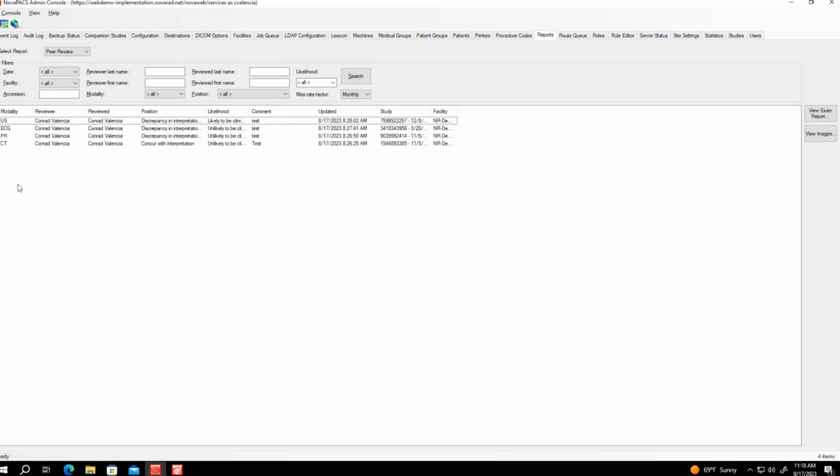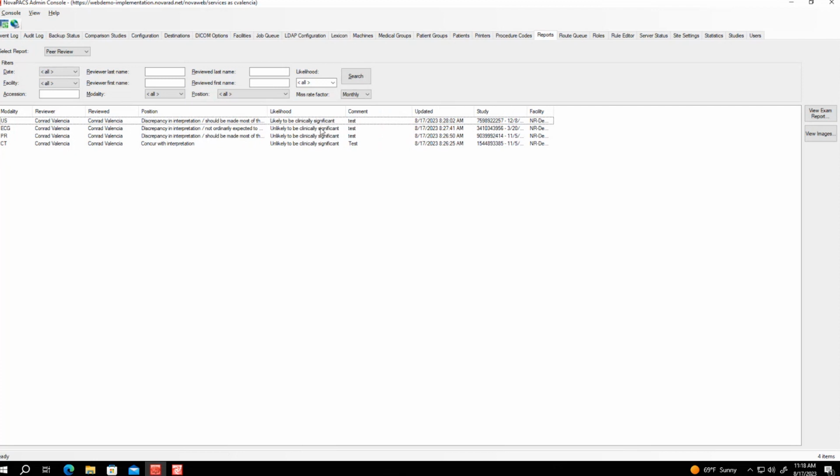But the report is going to generate your modality for each exam that was peer reviewed. It's going to tell you who the reviewer was, who marked that study as reviewed, so who did that initial reading on that exam, the different position that was selected by whichever radiologist was doing the peer review, and then your likelihood of being clinically significant to that particular patient will be listed there.